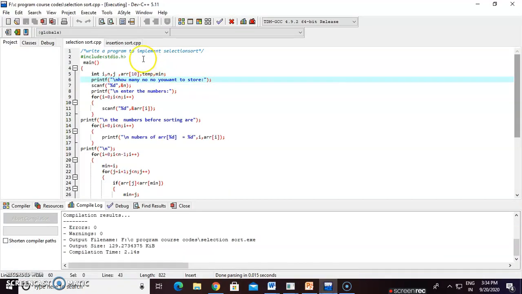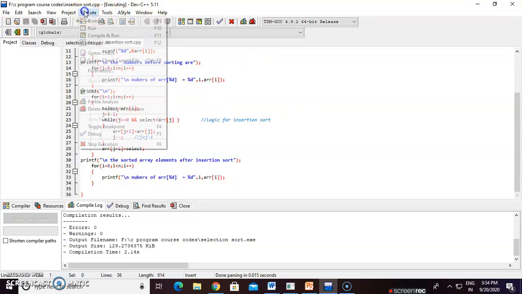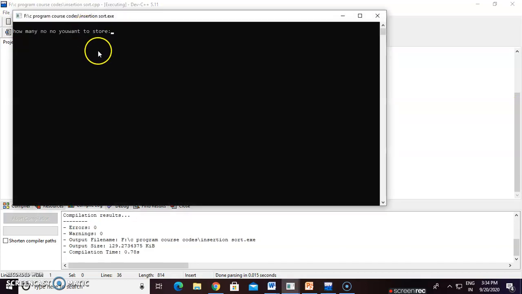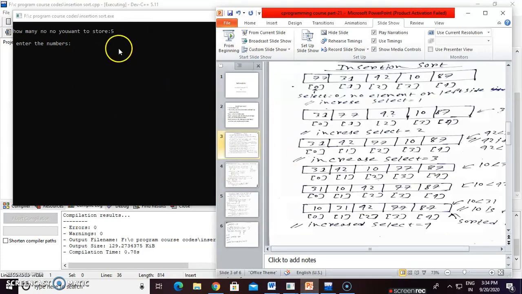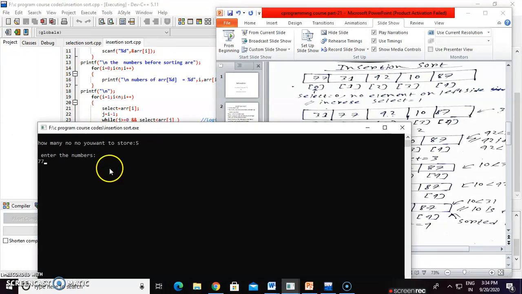Okay. Now this is our insertion sort code. This is our main logic. Go and click on execute, click on compile, then click on run. Then how many values do you enter? Enter the number. Like, I will show you as I start: 77, 31, 42,